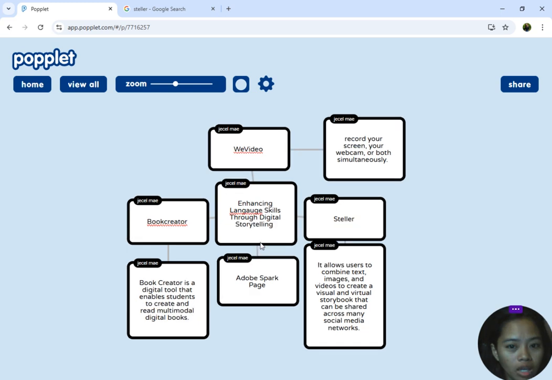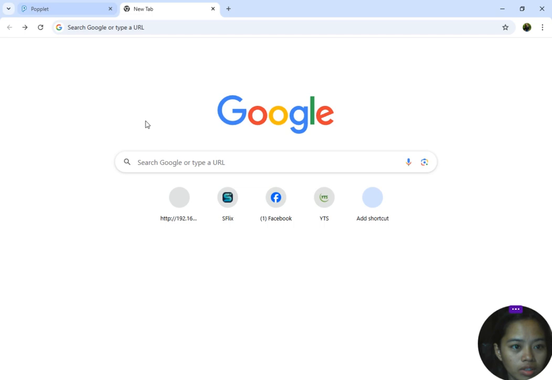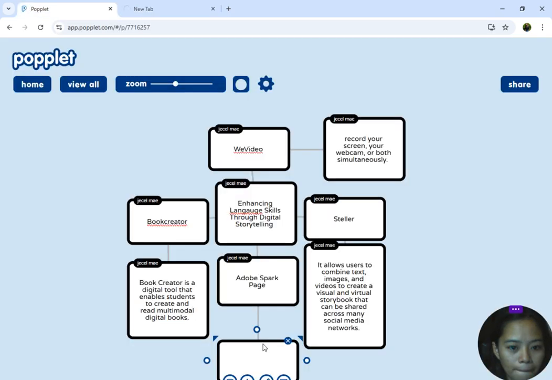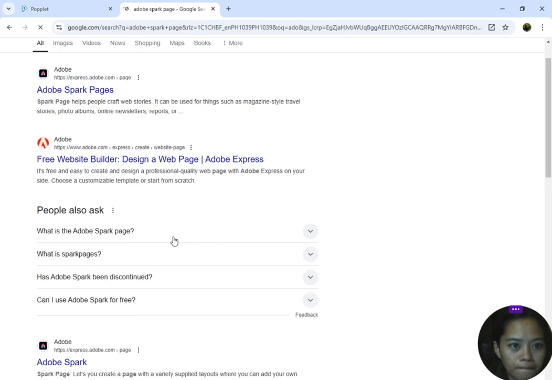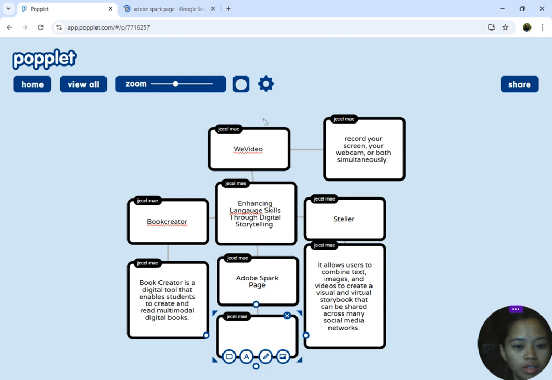I haven't yet put the meaning of Adobe. Wait, let's search Adobe. Okay, so in here, gain more information, and also we can put some images here, videos, and so on.